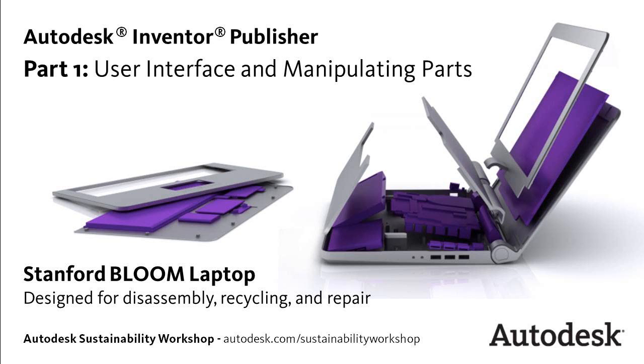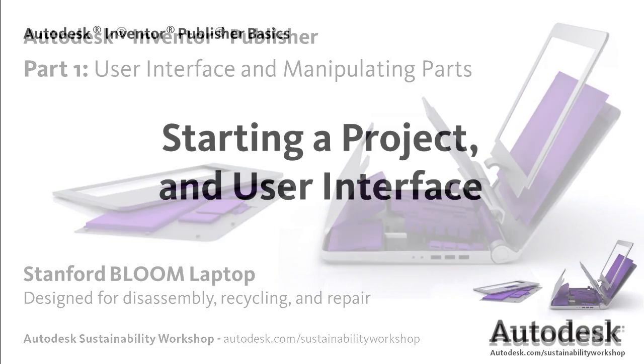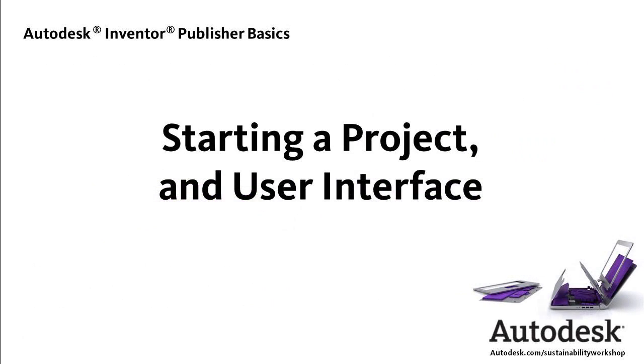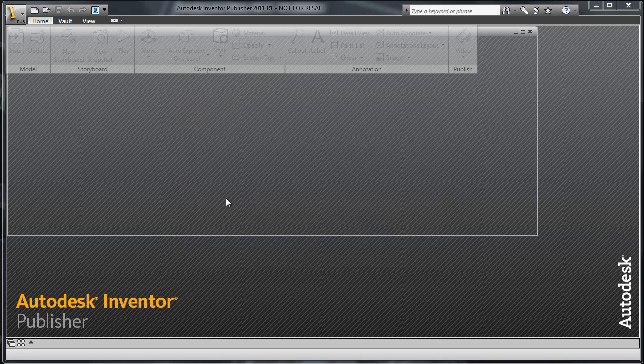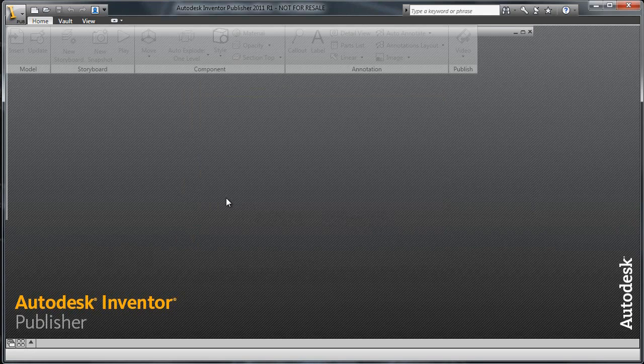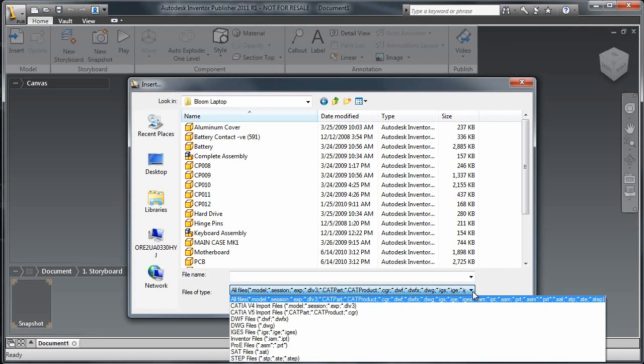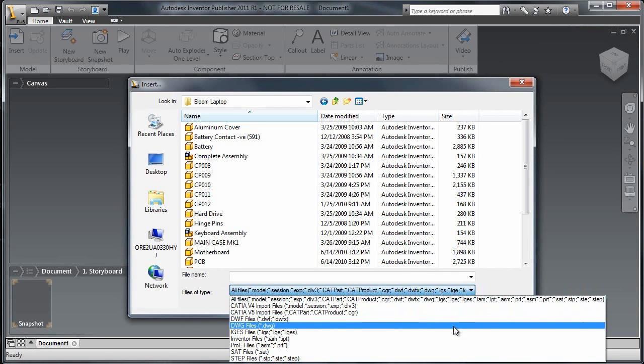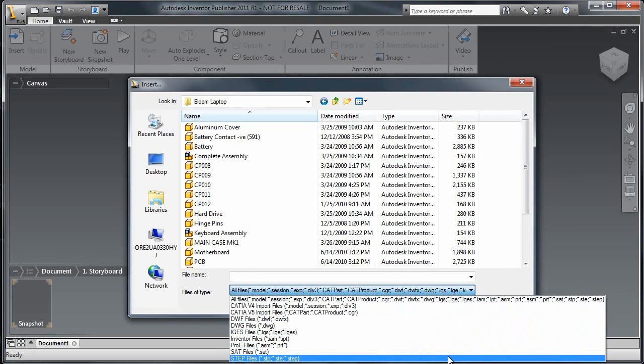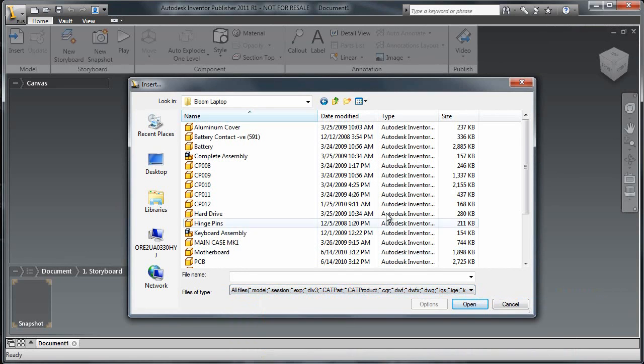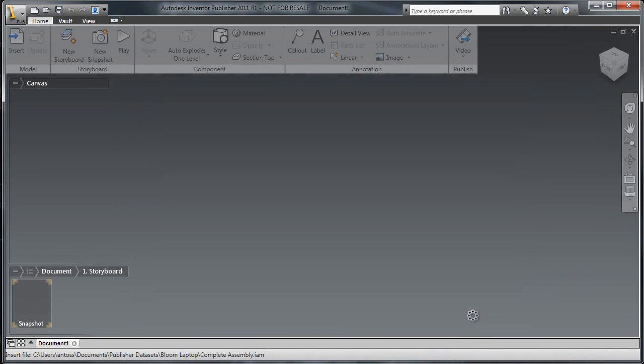In this video, I'll introduce you to the basic interface of Autodesk Inventor Publisher. Let's start by opening a new project. The first thing I'll do is import my design from Autodesk Inventor. As you can see, Inventor Publisher can open a wide range of file types, including Pro Engineer and CATIA files. I'll click on the file containing the complete assembly, and it imports a read-only version of the CAD data for